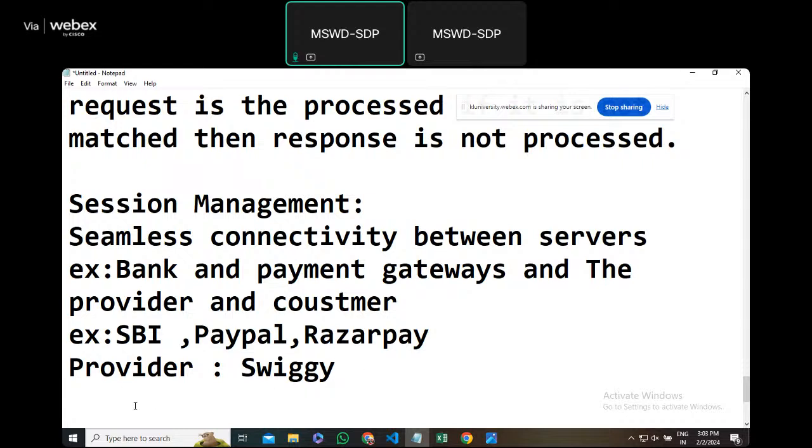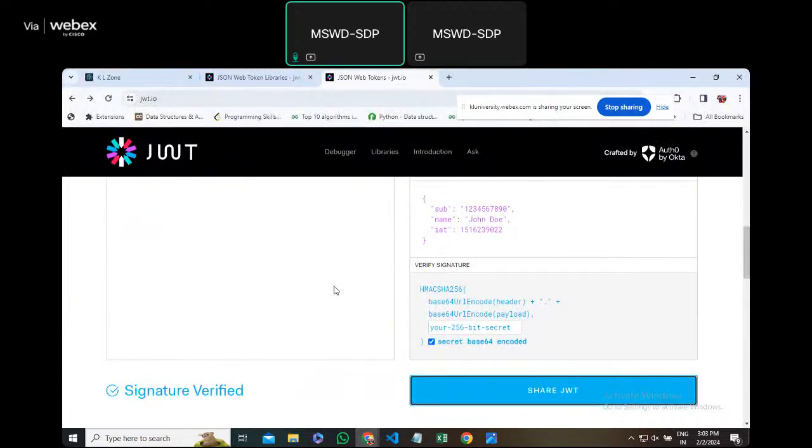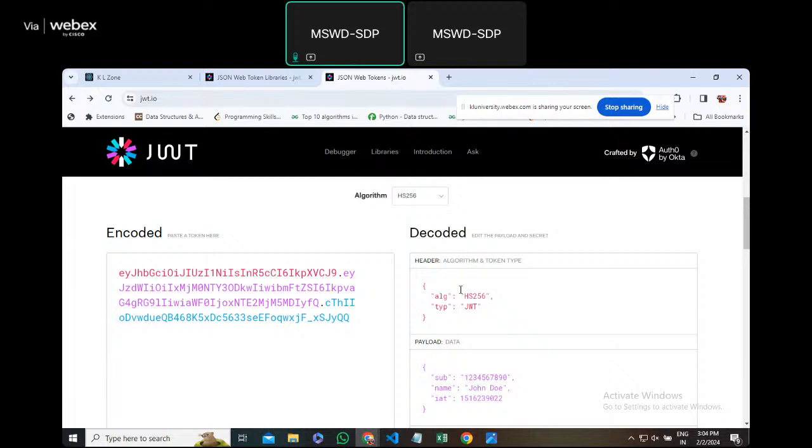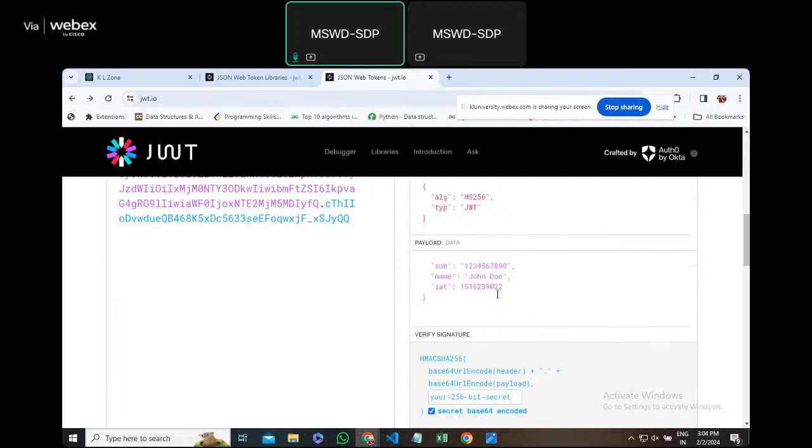So first, open jwt.io, and for the last time we will work on the left side. There is a temporary JSON value. Write something inside the payload, not in the header. You can write something like mobile equals to